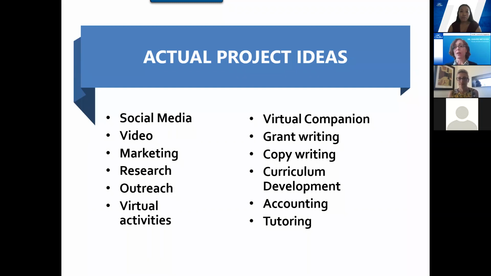Maybe I'm going to be a language tutor, and you have second language learners, and one of your projects is conversation, English conversation or tutoring in Spanish, so you set up a webinar or Zoom meeting for that intern to interact with your clients.